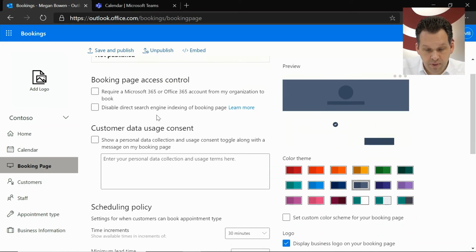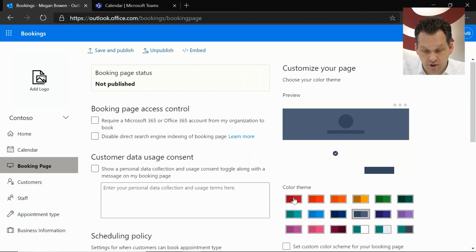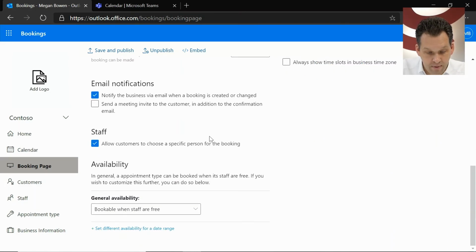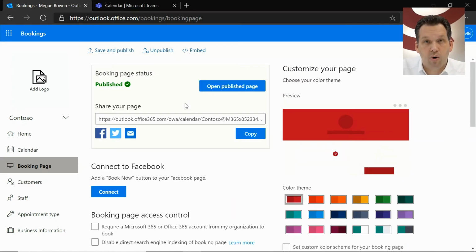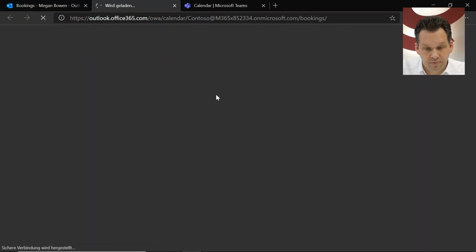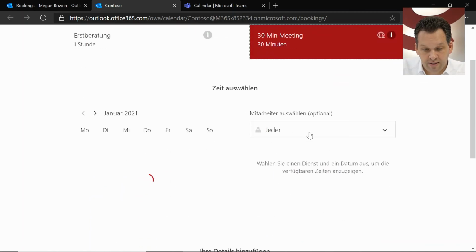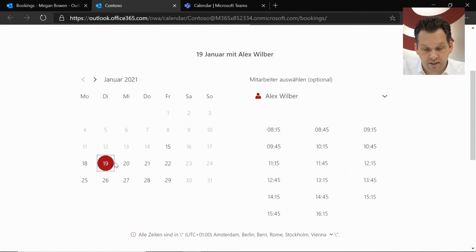So this is the start of the introduction. You can change the color scheme here, and of course you can also enter your own CI. Let's see, we save and publish this. Okay, now we have published our website, and when we open this, you can see on the right side is our 30-minute meeting with Alex Wilber, and when I access this, you can see it's Alex Wilber I can enter, and here are the free dates where I can book